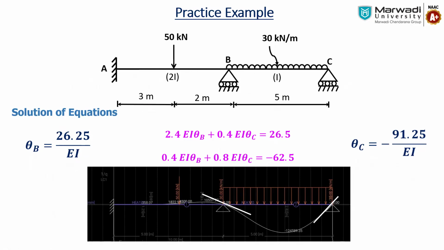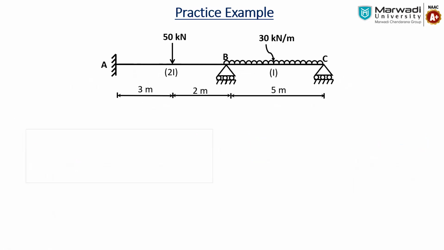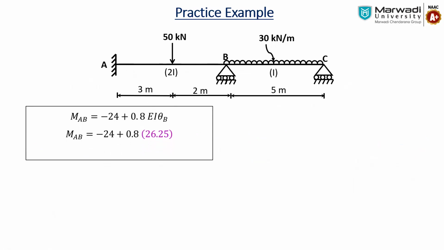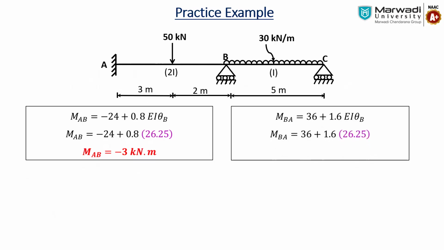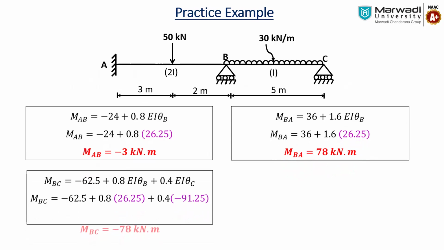So the advantage of this method is that along with the moments we can find the displacement or rotation at the respective locations. Now let's move to the next point. Whatever unknowns we have obtained, we have to put in our actual equations. If you put the value of EI theta B in MAB, we get the final moment MAB equal to minus 3. Similarly, MBA will be 78 kilonewton meter, MBC will be minus 78 kilonewton meter, and